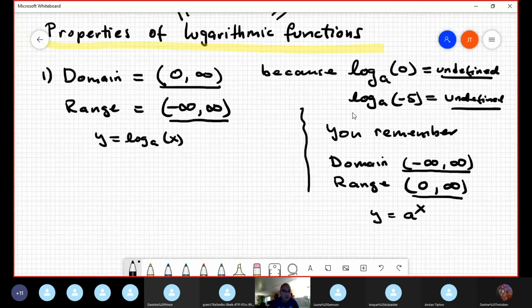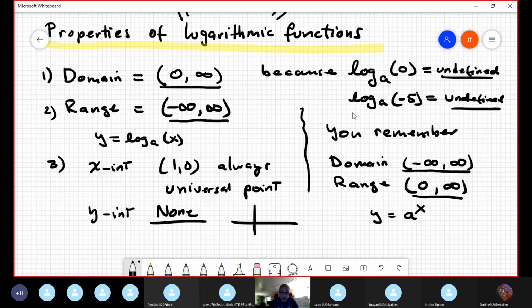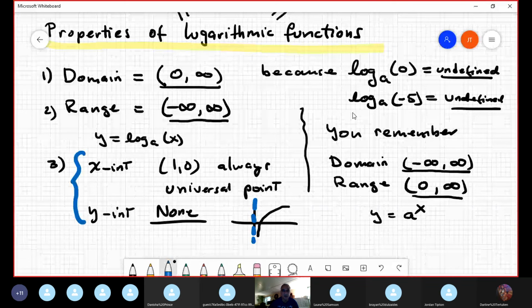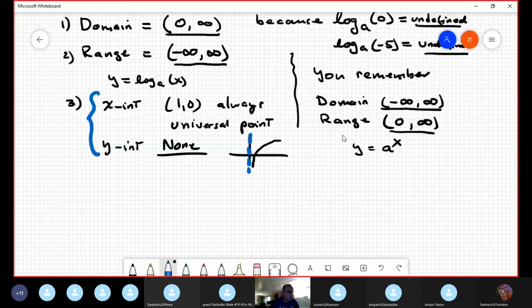One more important thing, number 3. It is the point where the logarithmic function crosses the x-axis, the famous 1, 0. Always, regardless of the base, it is the universal point in the logarithmic. And the y-intercept, there is none, because remember the logarithmic curve is asymptotic to the y-axis. Never touch. This is number 3. We always study together the x and y intercepts, no? And number 4